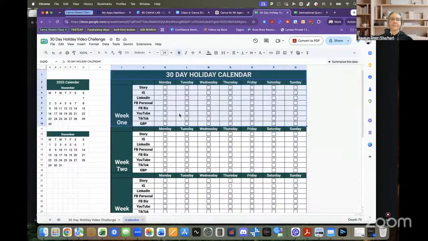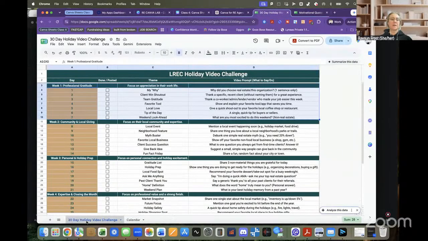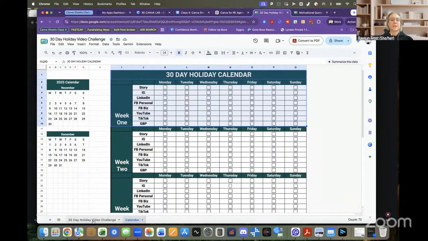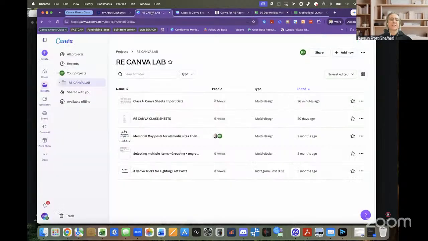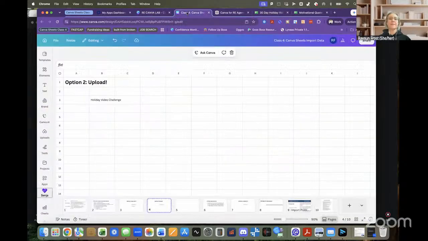And here is the motivational challenge. This is something that Linnea created for a little challenge for us at one point. I wanted to show this because it's a different use for Canva Sheets, and it also has 2 tabs in it. So what I wanted to show you is when you go to Canva and you go to uploads,